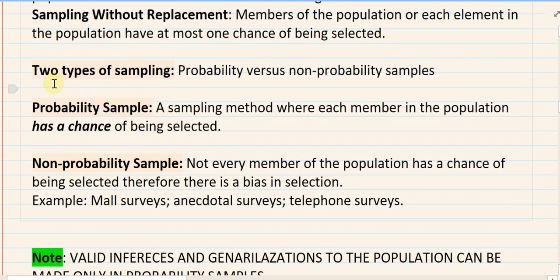Now, when it comes to sampling, I just mentioned the word probability sample. There are two types of sampling in all, and these are the two types. We have probability and non-probability samples. So what is a probability sample? In a probability sample,